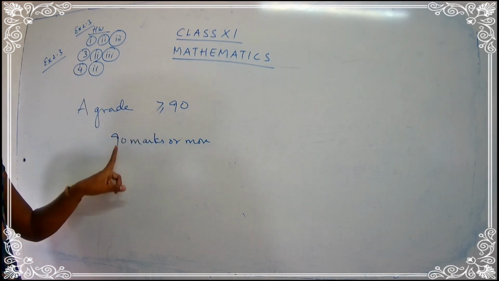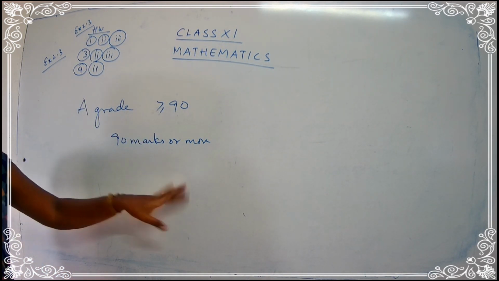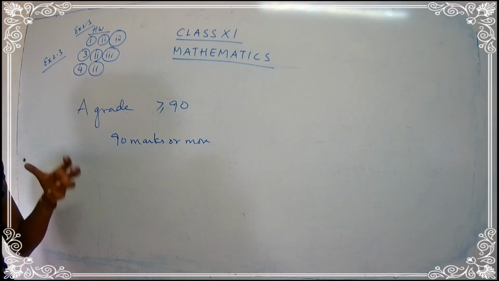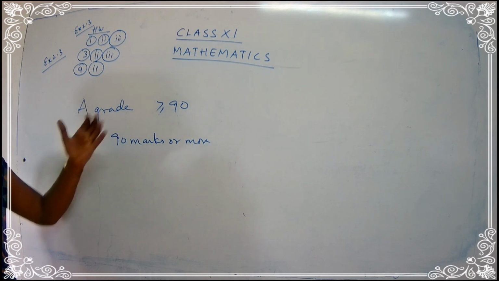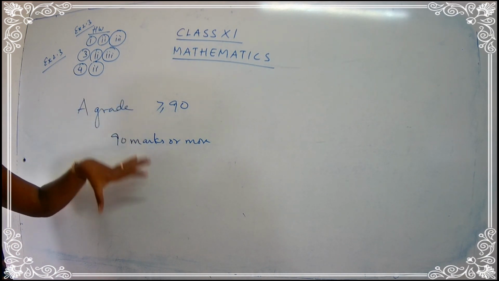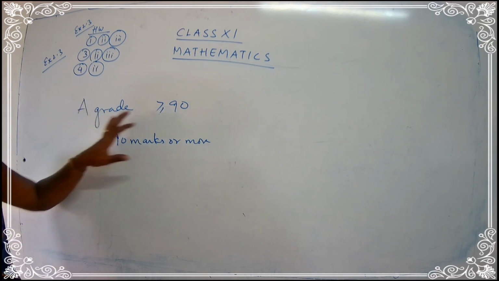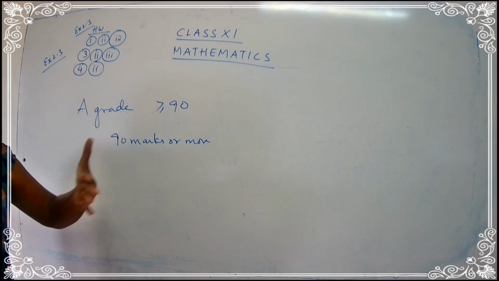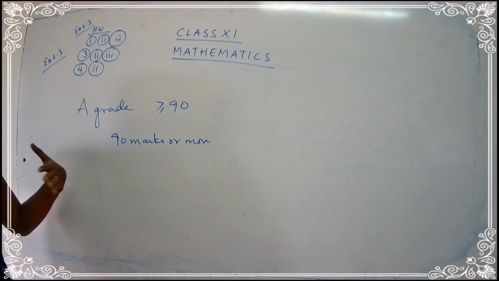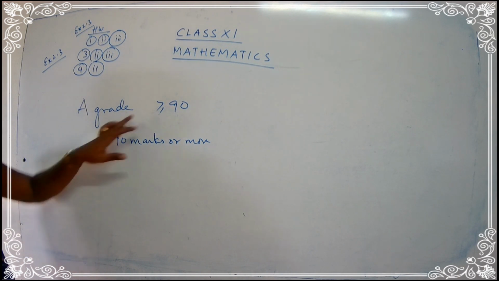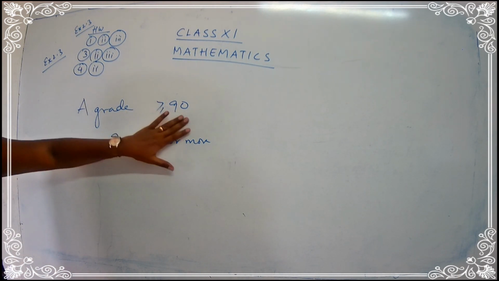So remember, when you read the statement once, read it twice or thrice if you're not able to understand the question. When you read it, you automatically get the idea, because we have already seen some of the sums in our previous classes. So what do you mean by 90 or more? He can score 90 or more than 90, up to 100. So how will the symbol be? Greater than or equal to 90.